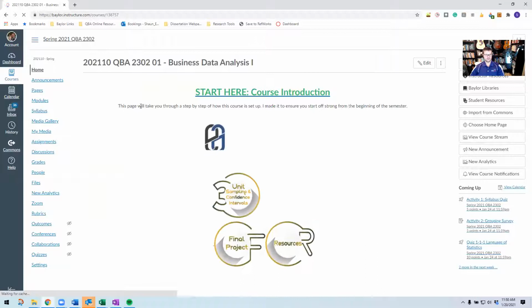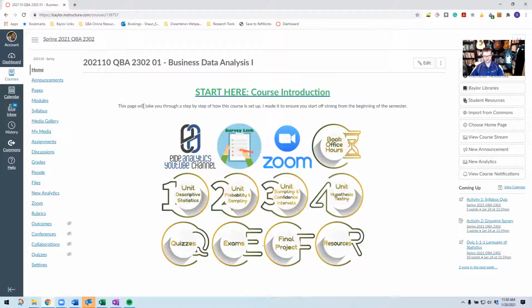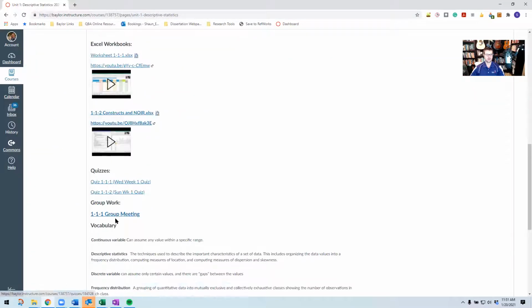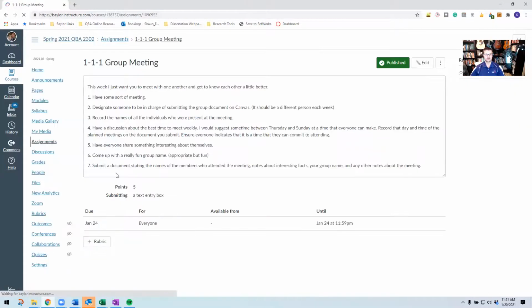Every single week, you'll have a small assignment to do with your group. And in order to get your group points, there's two ways to access it. You can go to unit one, and then you have week one, week two, week three, and so on and so forth. You can go down and see, okay, 1-1-1 group meeting, and you can click on that. And when you click on that, you'll see, okay, I want you guys to have some sort of meeting. I really don't care what kind of meeting you have. You can FaceTime, you can Zoom, but I just want you guys to be connecting